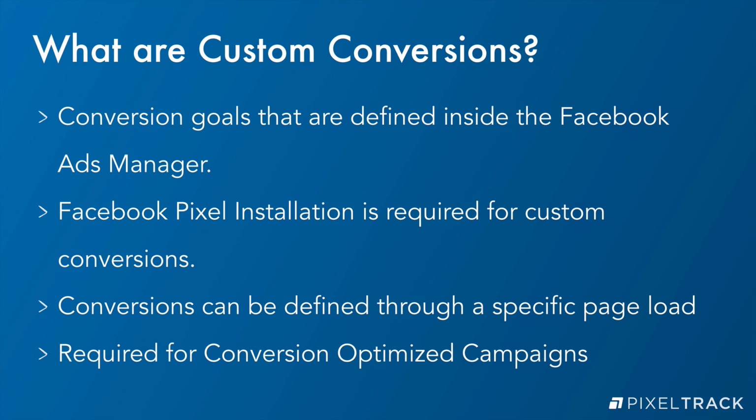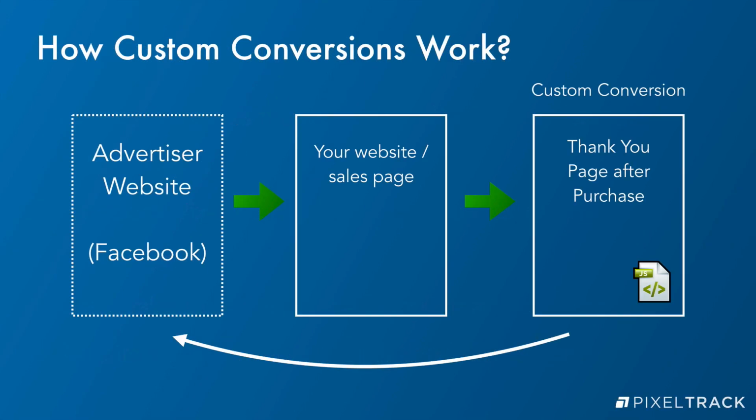In this video, we will just have an overview of what custom conversions are, and I will also set up a custom conversion inside my Facebook ads account, which I will show you. So this is how custom conversions work, and we already had an overview in the Facebook Pixel video. You have the advertiser website where the ad is displayed, let's say Facebook, and Facebook's conversion code is also placed on the thank you page of your website. So if you are driving traffic to your website and a certain percentage of people go ahead and complete the lead generation form or complete the purchase of whatever you are selling, then it can be defined as a custom conversion.